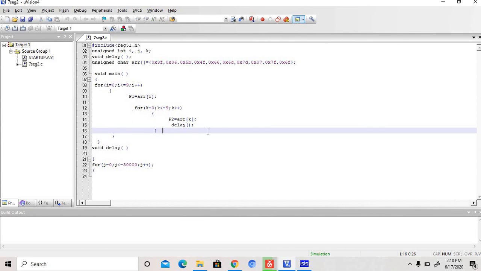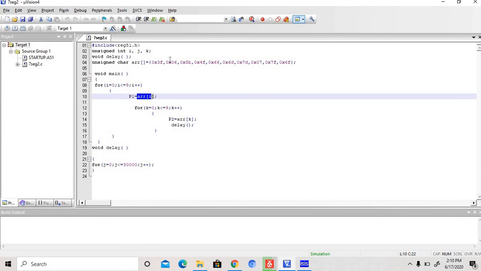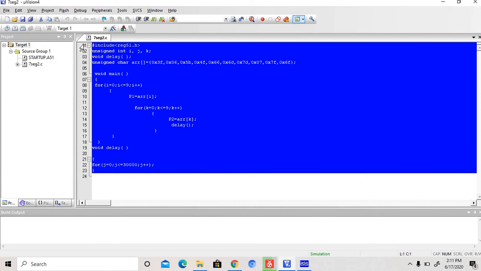Then this loop terminates. Then go to i plus plus, the value of i is 1, then array of 1 is 0x06, meaning 1. Again this inner loop operates from 0 to 9, then i is 2, and the loop operates 0 to 9 again. This program operates from 00 to 99.